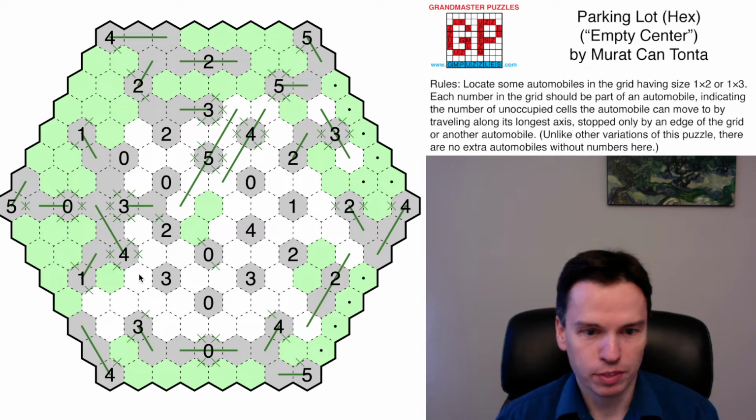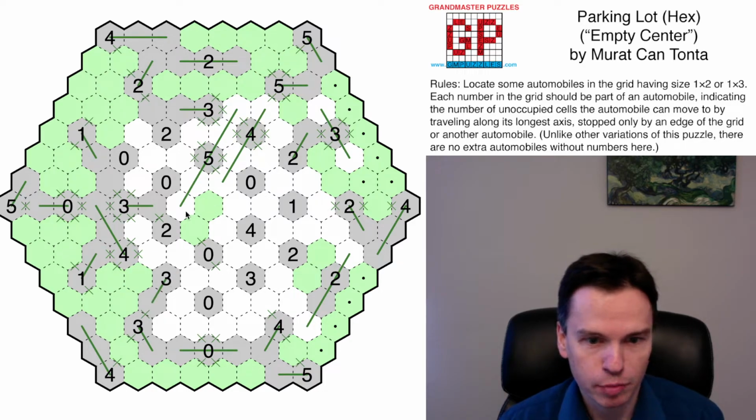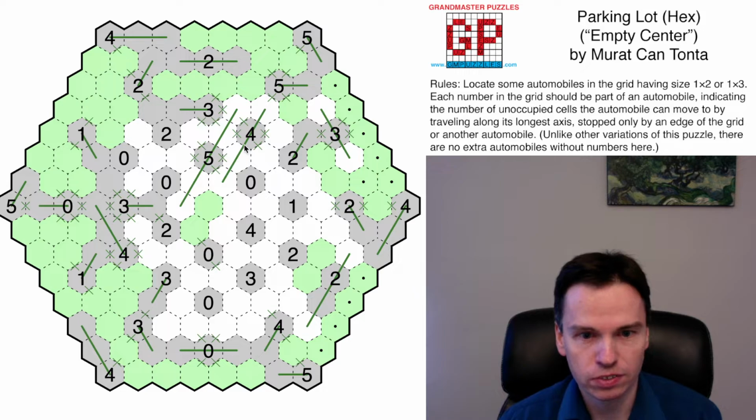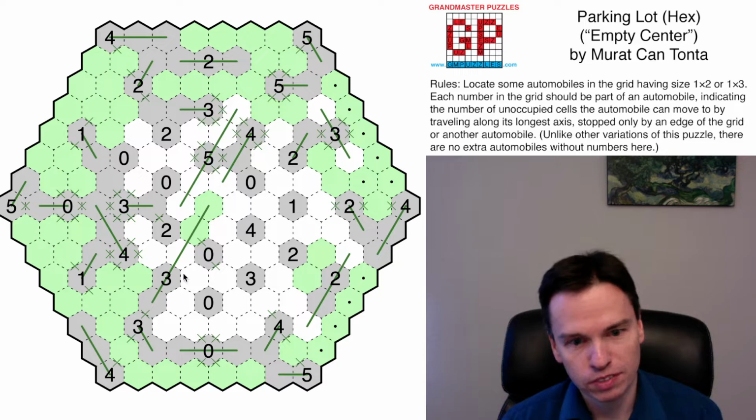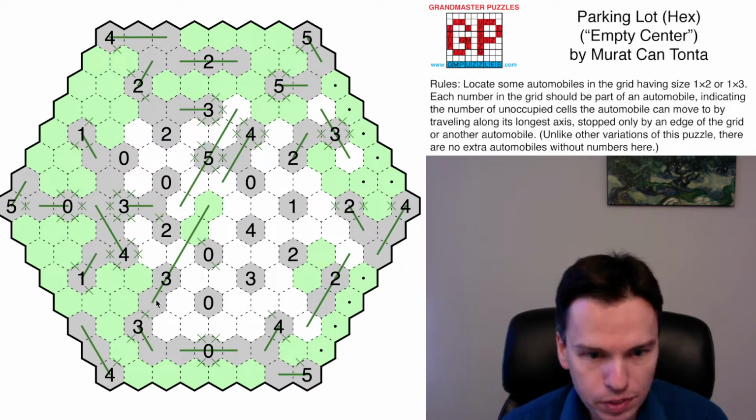That's seeing 3 up top, needs to see 1 down here. This is then part of another automobile. Can it be part of the 0? That would require seeing these because no cells can see that, so this has to be part of the 3. That means there is 3 in the center here, so this 4 is seeing 3 in the center as well because it's connecting to the same group in its line of sight. So that means we need to keep 1 up here, mark 1 off down there at least. Could be a second one marked off, so we don't know more than that,